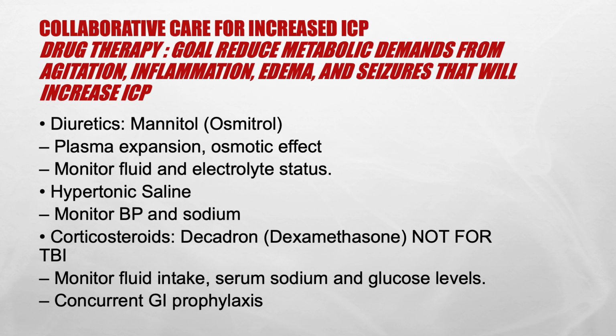And we can give patients a diuretic called mannitol. And remember, it's that concentrated type of sugar. It works in two ways. It can thin out the blood and make it less viscous. And second, it can increase that cerebral blood flow, which can increase the brain's oxygen delivery. That's a good thing. So it expands the plasma, and it has that osmotic effect by moving fluid out of those brain cells or those tissues and into the blood vessels.